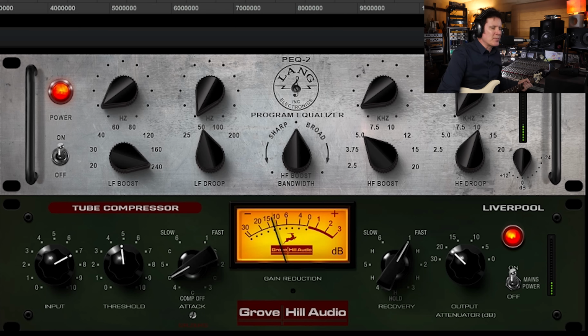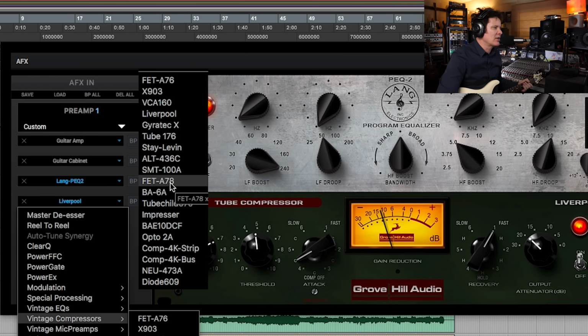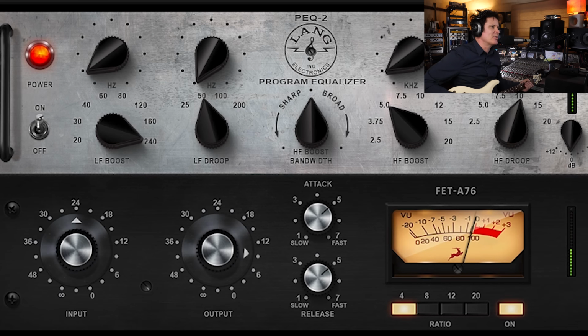I think this is the typical thing that happens when you've got really heavily distorted sounds. You end up realizing you don't need to compress it. But I love experimenting. Let's have a quick look. Looks like here's an 1178. There's 10 DCF, the BAE. There's a 4K, which would be, of course, an SSL. I suppose the FET is...